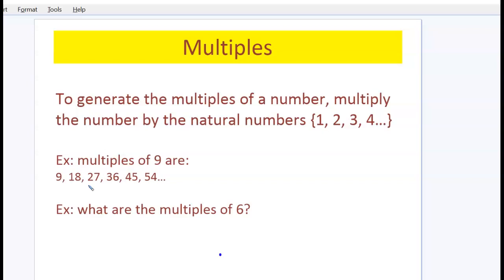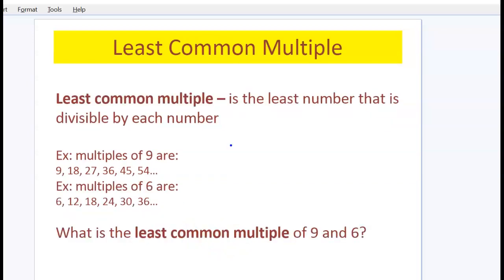What would be the multiples of 6? Well, it would be 6, 12, 18, 24, etc. Okay, so that's what a multiple is. The lowest common multiple, or least common multiple, is the least number that is divisible by each of the given